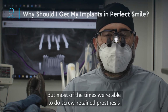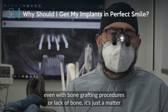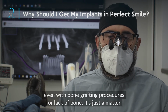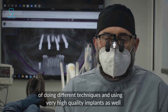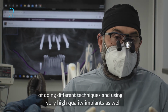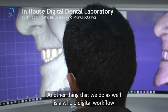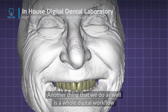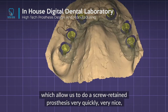But most of the time we're able to do a screw retained prosthesis even with bone grafting procedures, or even with lack of bone. It's just a matter of doing different techniques and using a very high quality implant as well. Now, another thing that we do as well is a whole digital workflow, which allows us to do a